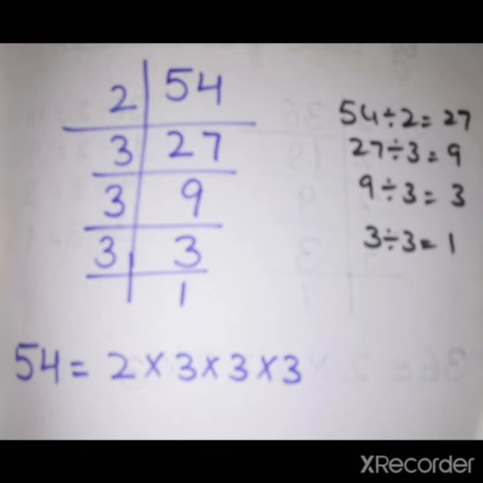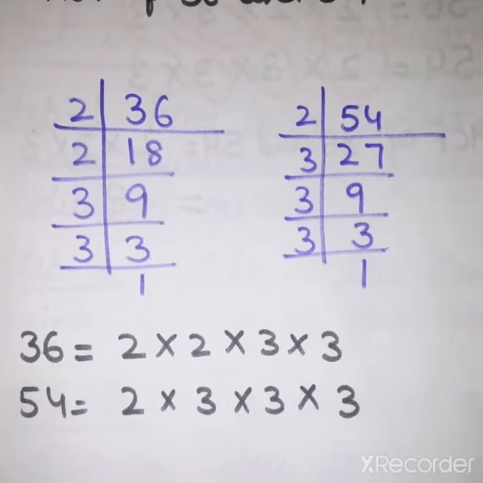So students, what will I do now? Now we have to find out the common factors. So students, here you can see that in 36 the first prime factor is 2. Also in 54 the first prime factor is 2. So we will make a pair of these two. Then the second prime factor of 36 is 2, but there is no more 2 in 54. So we will not consider the second prime factor, that is 2 in 36.